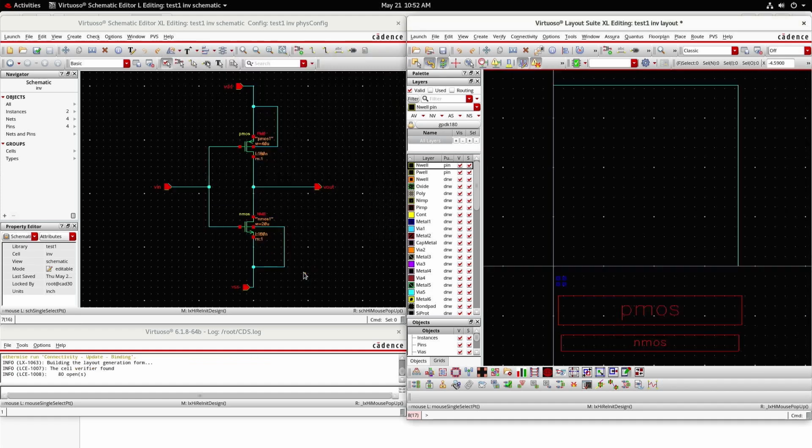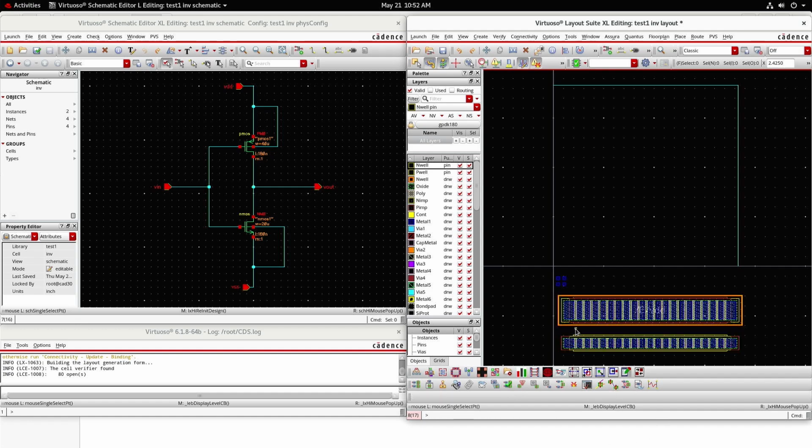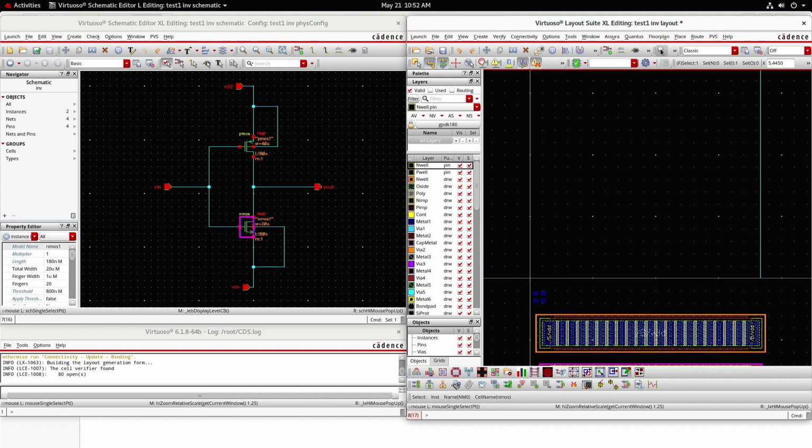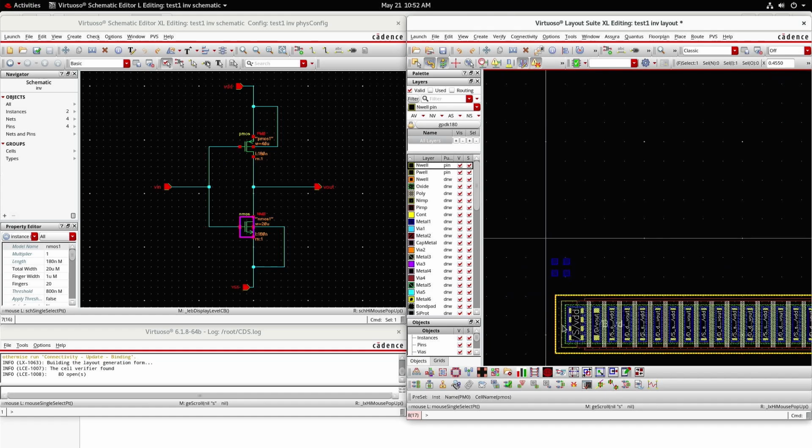Then say OK. Then on the right hand side, you can observe there is a PR boundary, PMOS and NMOS. If I just click Shift F, I can see all the fingers here for the transistor. This is the PMOS transistor. If I click on any instance here, corresponding will be highlighted in the schematic. As I am clicking on PMOS, now PMOS is highlighted here. And if I click on NMOS, NMOS will be highlighted. Here there are 4 pins. If I just click on any one pin, the corresponding pin will be highlighted here. I have clicked on Vout, therefore Vout is highlighted here. And this one is VDD, and the bottom one is Vin, and this is VSS.